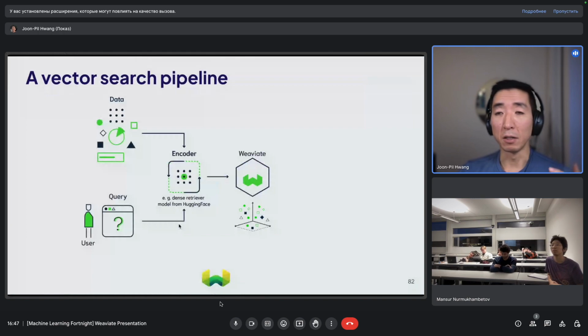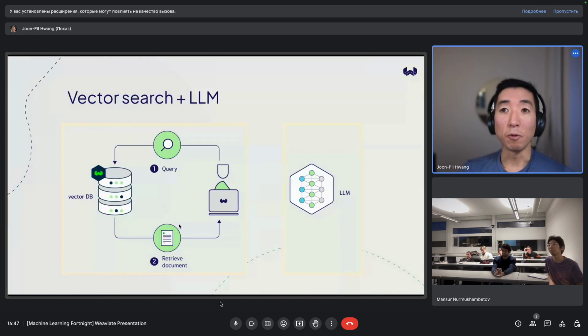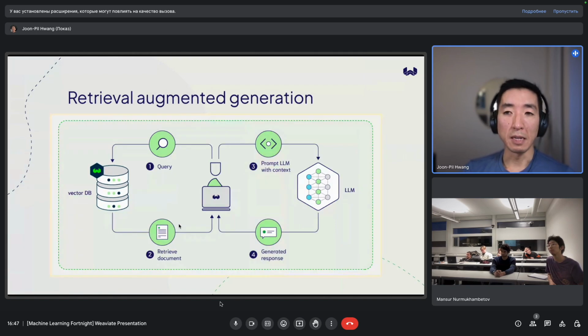And again, we talked about the vector data search pipeline where this happens. And when you add a language model to it, this is the process. On the left-hand side, you still have your user performing a query to the vector database to get some stuff back. But then at the same time, that data is actually used to prompt the language model with that context and to get that response. And this diagram is maybe not super accurate, because what actually happens is the vector database directly prompts the language model with the context.